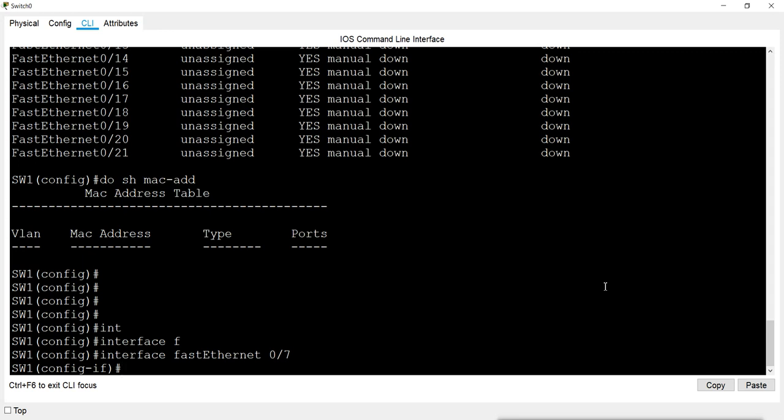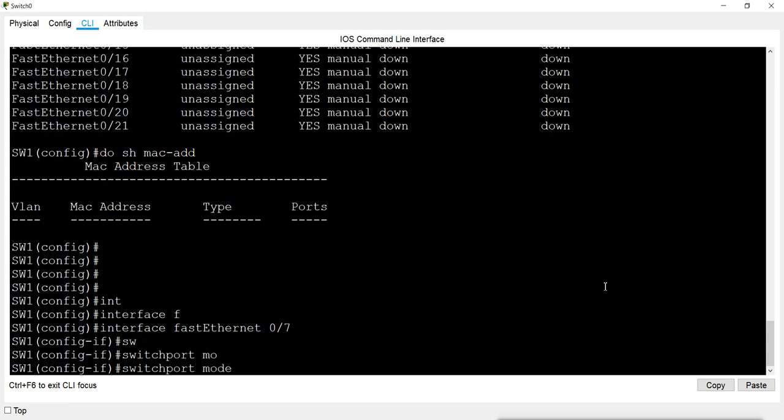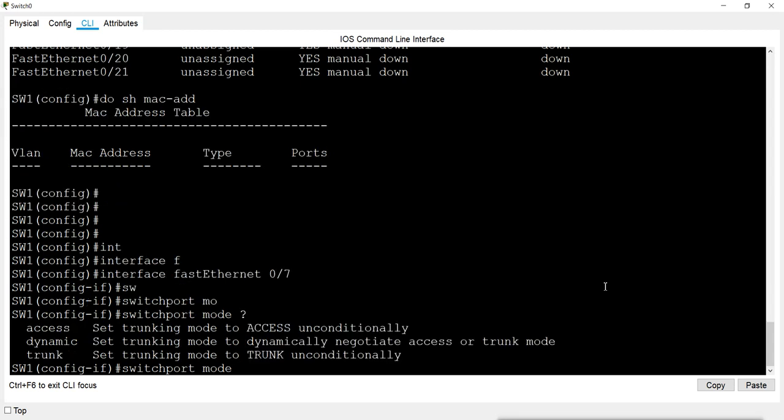We have a command, switchport mode, to change the mode into trunk or access. If you give a question mark here, it shows that the port can be access, trunk, or dynamic mode. So by default our ports are in a dynamic state.